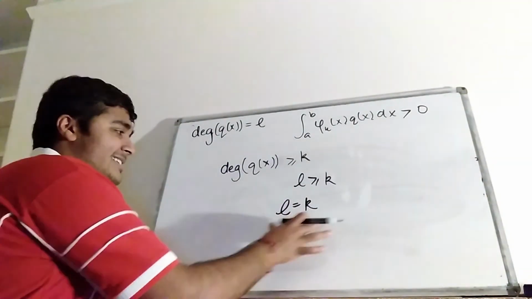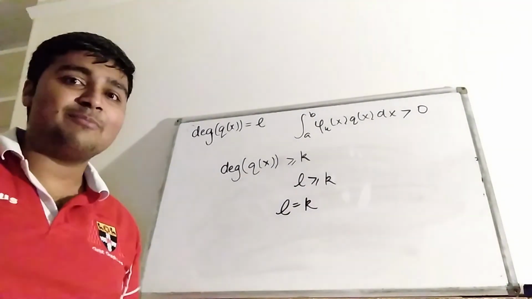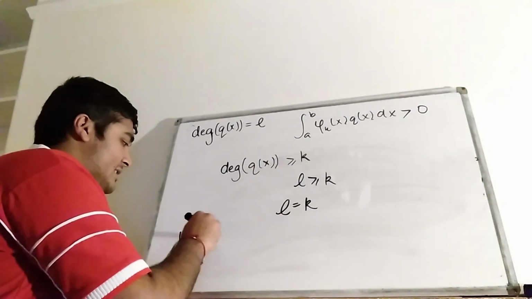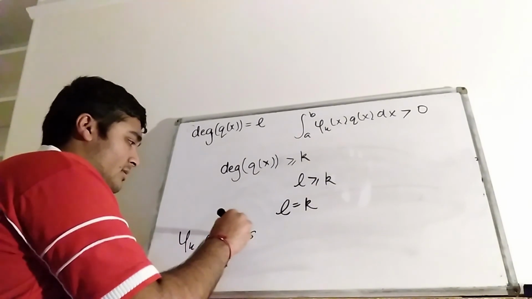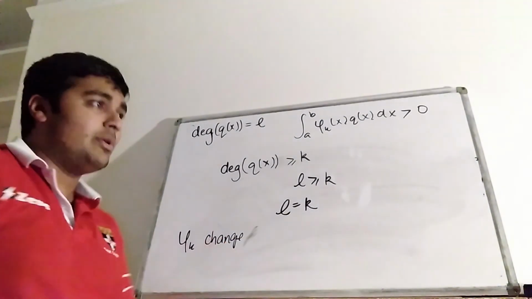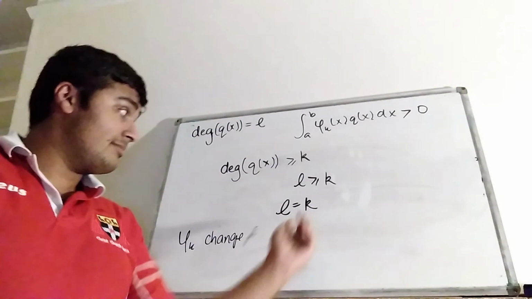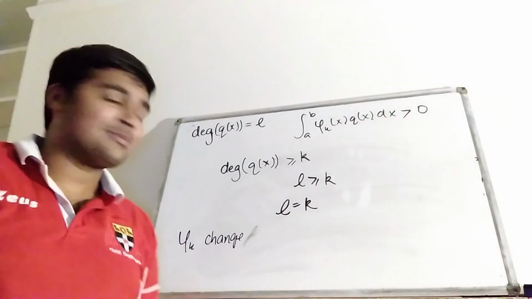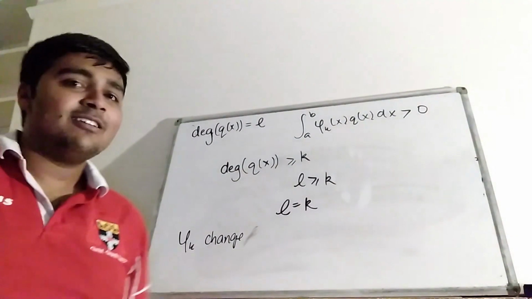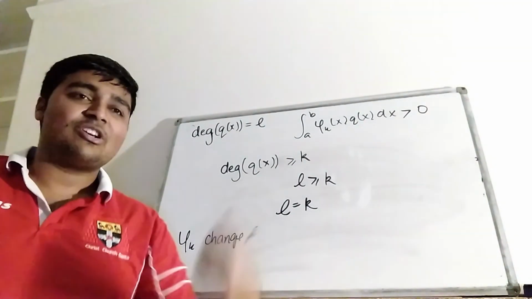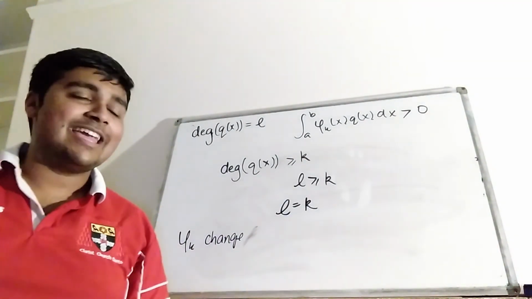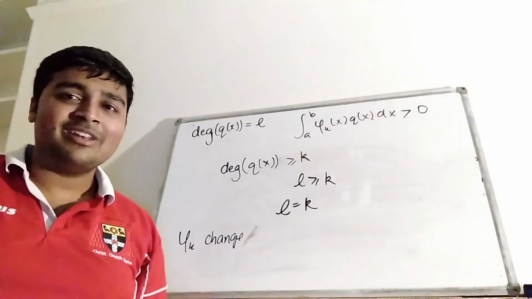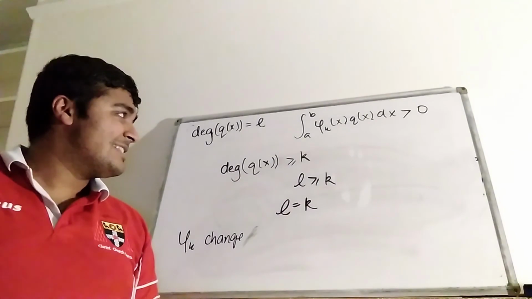Now remember L is the number of sign changes we have between A and B, so we can deduce that phi k changes sign at R1, R2 all the way up to RL, which is RK, but in particular it has roots at R1, R2 all the way up to RK. So phi k has k roots within AB, which are R1, R2 all the way up to RK, and that proves our lemma. Whew, that was a bit of a long one, a bit tedious, but it's not too difficult,